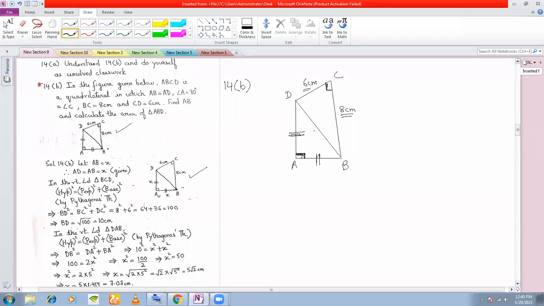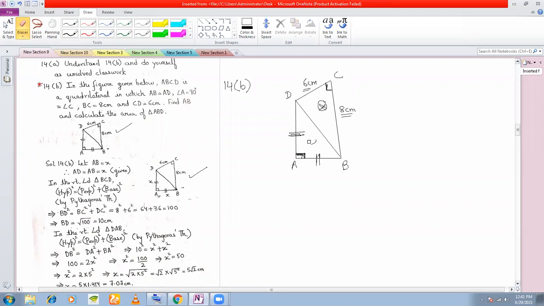First of all, we need to find out the length of AB. That means you need to find out this length. And then you need to find out the area of this triangle here. So let's proceed to find out AB first. How will I find out AB? Now see here, you have to first identify which ones are the right angle triangles given to you. So this is one right angle triangle given to you. This is the other right angle triangle. So two right angle triangles you can see.